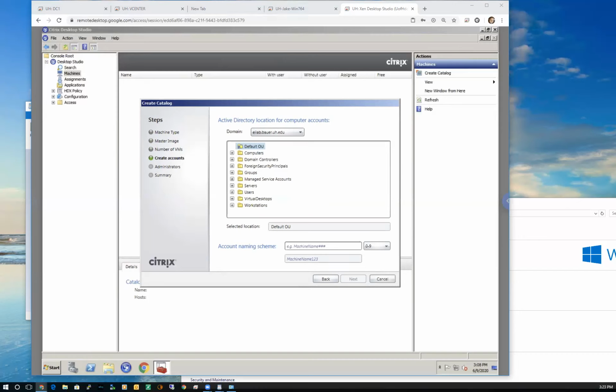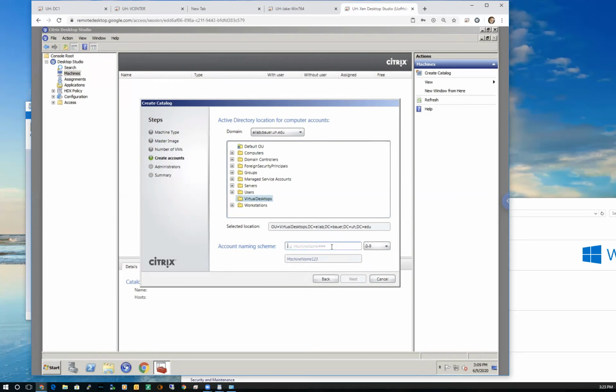Domain is EI Lab, directory listing. I'm going to read through my notes here. Active Directory locations for computer accounts, I'm going to put them under virtual desktops. These are the groupings that were available earlier in the domain controller.